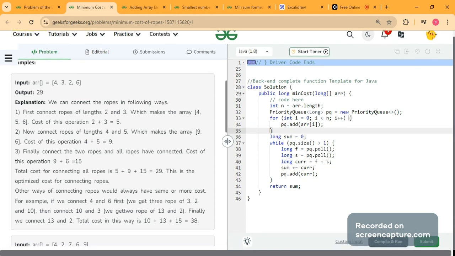Now we will run a loop whenever the size of this priority queue is greater than 1, because we need to calculate the final sum.